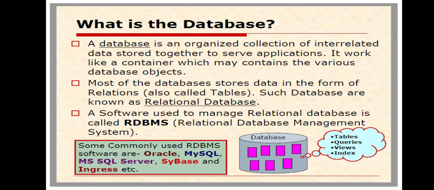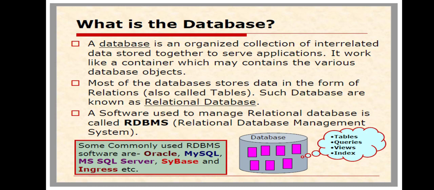Now the next point is query. Query is nothing but posing a question to you. For example, if I ask you to take the computer science textbook, you will open your bag which has the table, that is the textbook inside that, and looking at the label, you pick the textbook and give it to me. So a query is nothing but when I pose a question, it goes and checks the table and picks an information. That is called the query. Those two things are very important. And let me move on to the next point.